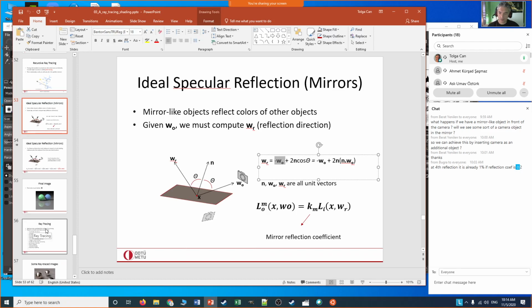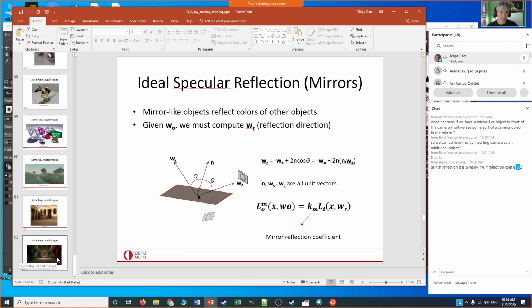And this concludes our discussion on ray tracing shading, and it completes everything you need to know for the assignment. For the assignment, you will not be needing anything else. For intersection tests in the assignment, for triangles, you can use either the barycentric coordinate one or the simple idea,